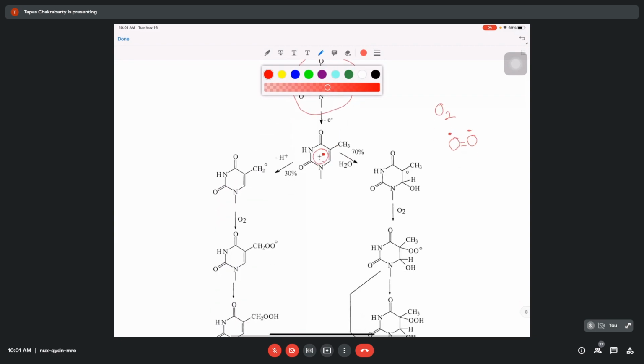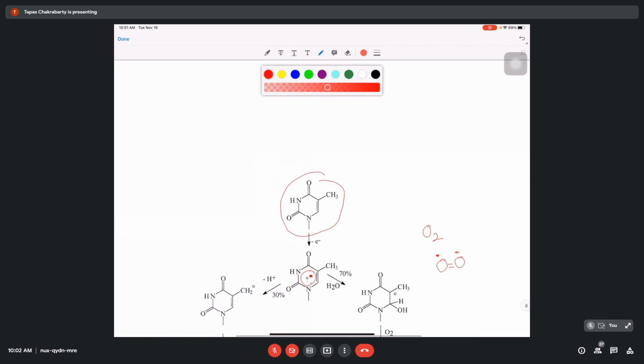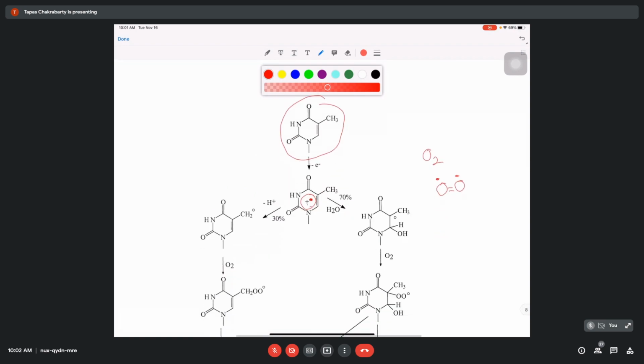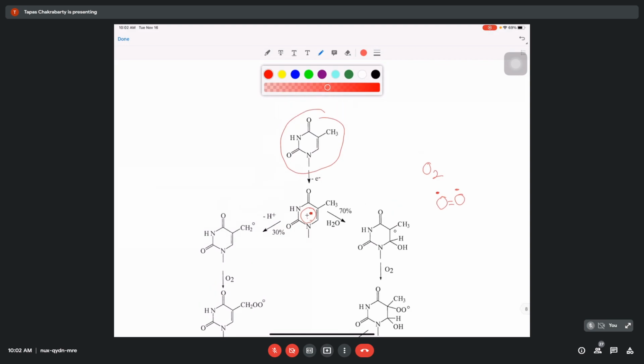So this chemical bonding that has been shown here is called the peroxy radical that is produced. Suppose one example that has been shown here, with 70% and 30% probability of this chemical reaction. Look here, there is a methyl group. Once you produce a diradical of this molecule, suppose the radical is present somewhere here and this electron is lost.